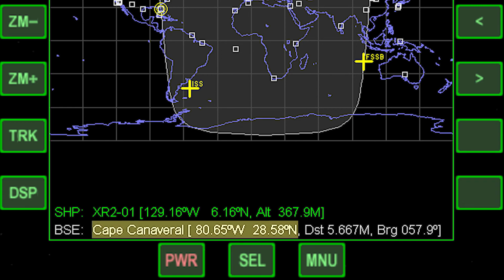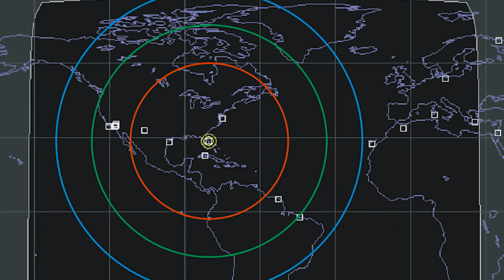But what we want to consider is, if we take a look at this graphic that Dimitri was so kind to create for me, you'll notice it's basically a screenshot of the map program in Orbiter. In the center there, you'll see Cape Canaveral is targeted, and you have 3 circles, a red, a green, and a blue one, surrounding Cape Canaveral. The radius of the red circle, from Cape Canaveral's location out to the red circle, is 30 degrees. The green circle radius is 45 degrees, and the blue is 60 degrees.